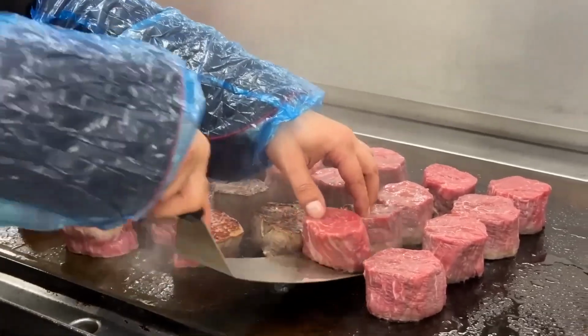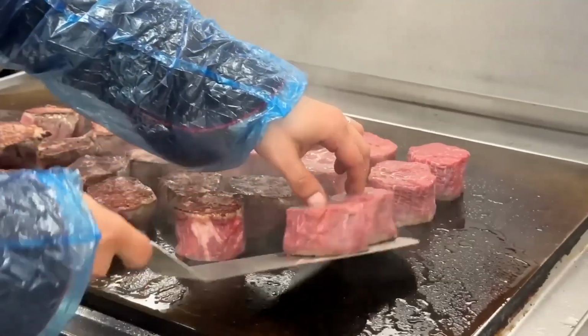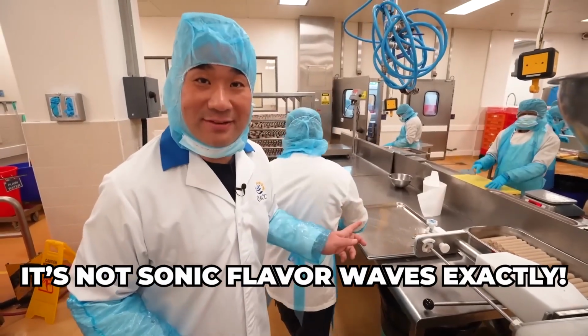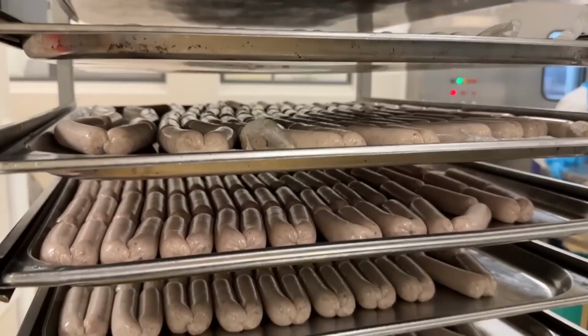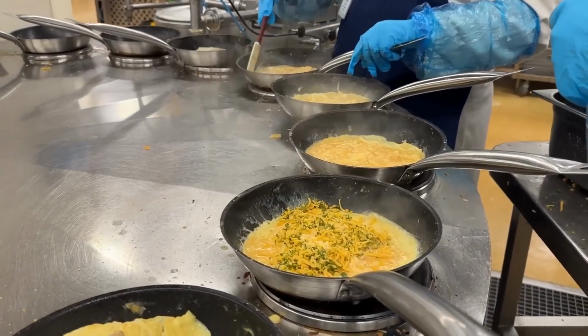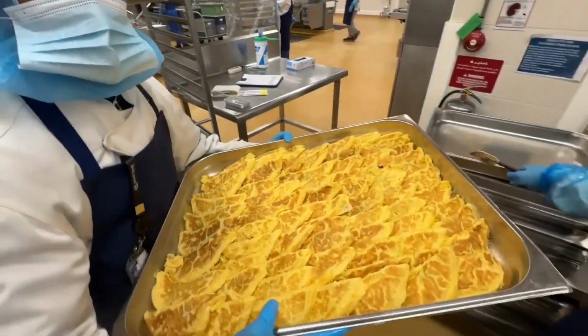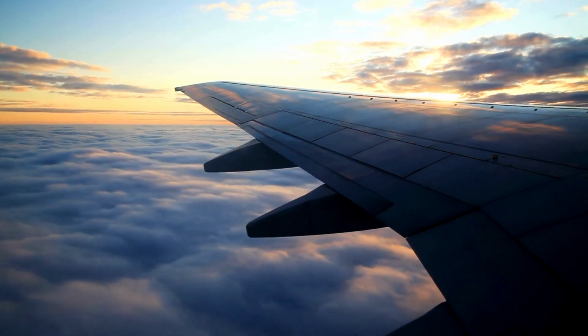Twist. All right, ready for the big reveal about airplane food taste? Well, it's not sonic flavor waves exactly. But the rumor about taste changing in the air is totally true. It's not some crazy airline secret though. It's actually science. See, when you're flying high up